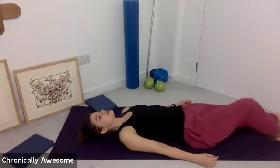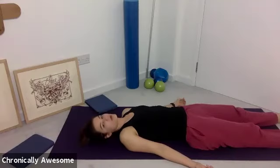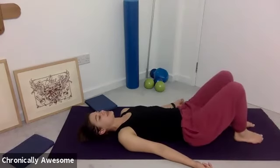And from here, just start to bring a little bit of awareness back. So just start to wiggle the fingers and just gently rock the neck from side to side. And then we're going to bend those knees again, coming into your relaxation position. Just finding that breath, just setting it down a little bit. Breathing in,